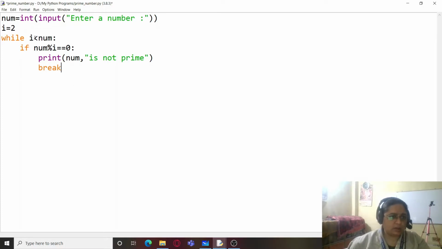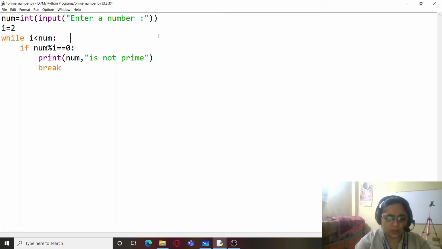You can see that while also has a condition here, which is to complete its iteration till num, because in case a number is not prime, it is going to check all the numbers in between. Like if we have 7 as the number, it is going to check its divisibility for 2, 3, 4, 5 and 6, and then eventually I will reach 7 where I becomes equal to 7, and that is the point where we have to exit the loop, because there is no point in looking further. This forms our one exit point, that is in case when the number is a prime number, and this forms our second exit point where the number is not prime.